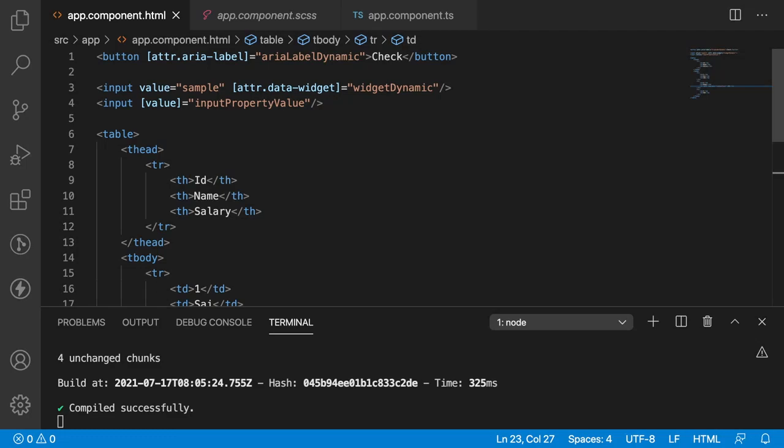Whereas we can even create our own attributes and they can be bound by using attr dot some data hyphen customized attribute. Whenever we are using a customized attribute, it is always recommended to use data hyphen to identify the difference between the HTML attributes and the customized attributes. By this, we can say that attribute binding is very useful to bind our attributes of any HTML elements. Hope you guys understood attribute binding and the ways of using attribute binding.